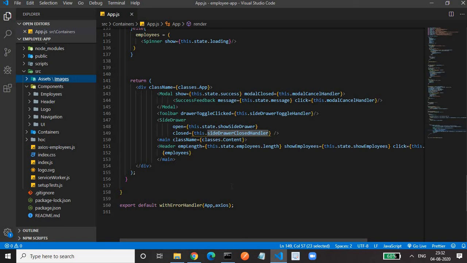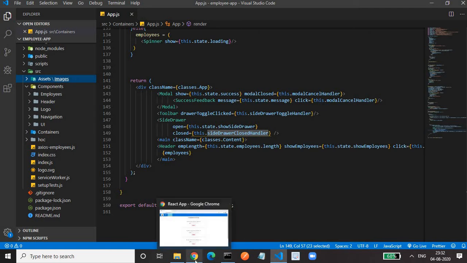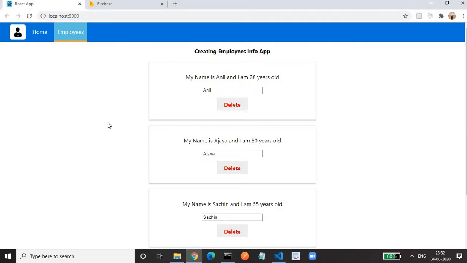Firebase is just like a MongoDB, you can say. The data is stored in the form of nodes. So here is Firebase. This is the URL firebase.google.com. You have to go there.